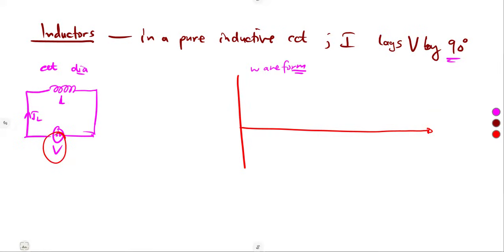Remember, our voltage is the major part that we work with. It is the major part that we actually relate to in reference. So it possesses the exact shape of the sine wave as it is originally. This is our voltage. But the current, it is lagging by 90 degrees. Meaning to say,